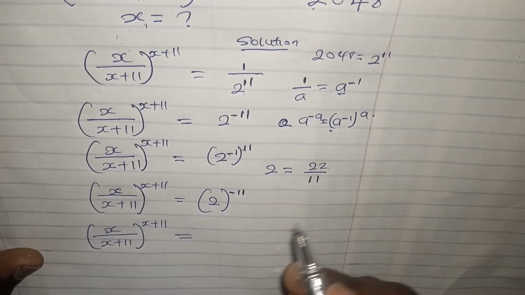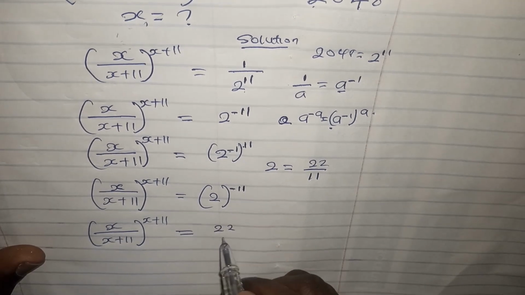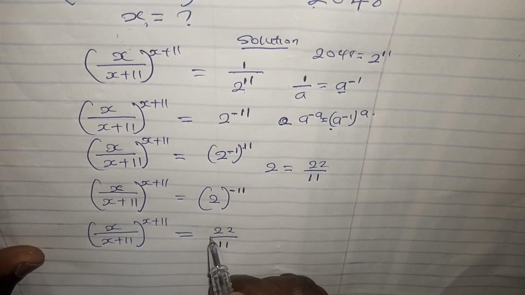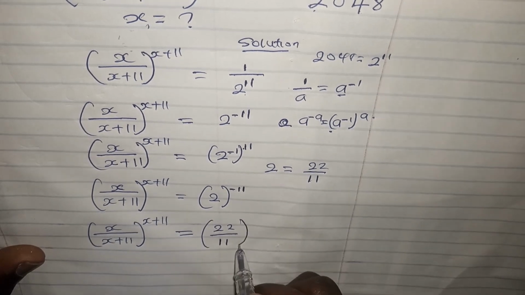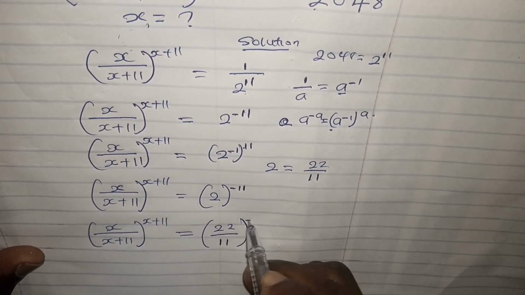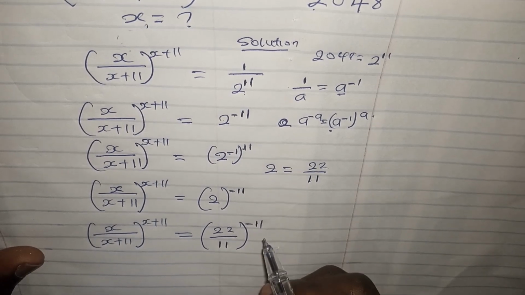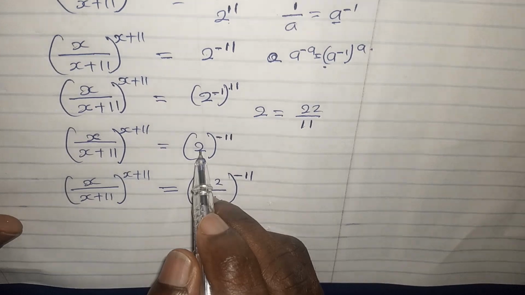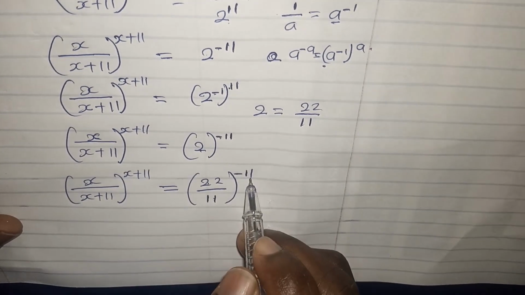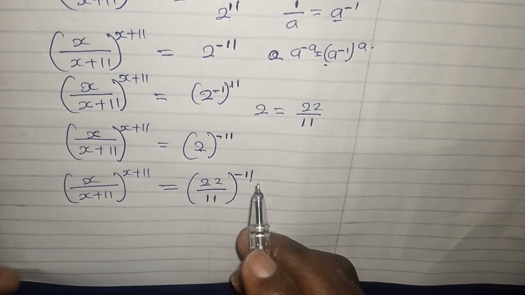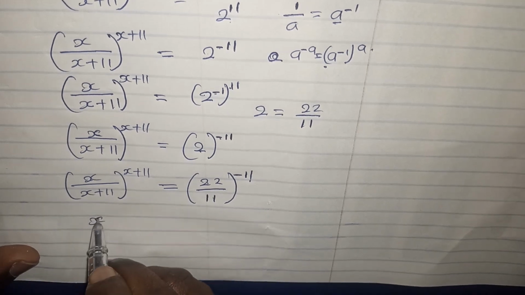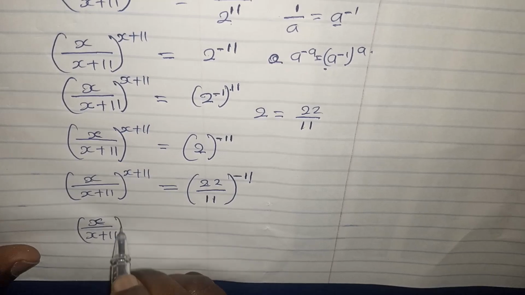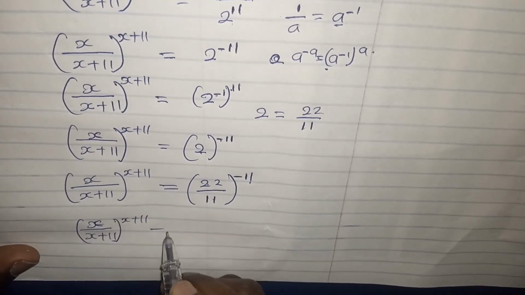So in other words, we can put (22 divided by 11) all to the power of negative 11. So this 11 will divide this 22, and we are going back to this, and this is what we are having. Okay, having done this, we can write x over x plus 11 all to the power of x plus 11 is equal to